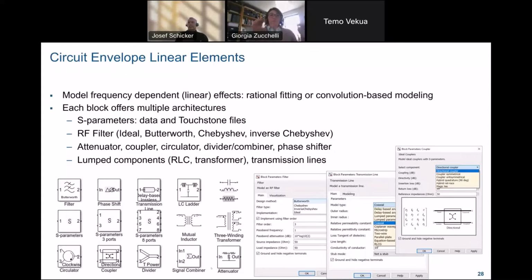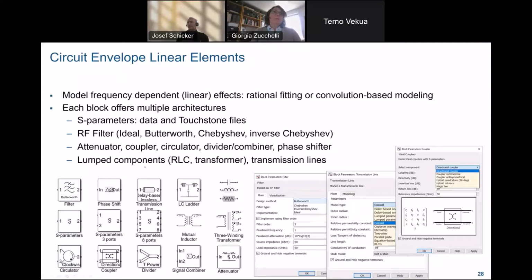Let's say that you have a perfect filter with a certain mask. You know what the filter specification is in the frequency domain, but you don't know exactly what the phase is going to be. Now, if you want to fit that component using rational fitting, it will not manage. Why? Because it needs the phase information to create a causal component. So for those types of components, a convolution-based approach or an inverse FFT, essentially a frequency domain approach, is best. Essentially, what happens is it takes the amplitude and creates an equivalent FIR filter for the simulation of your components.